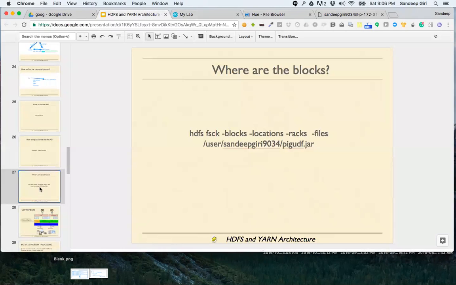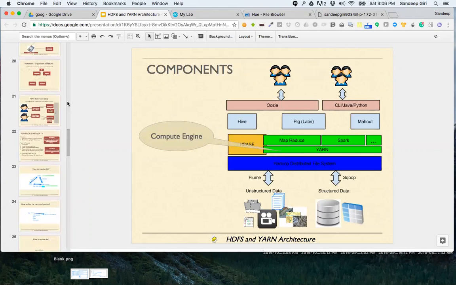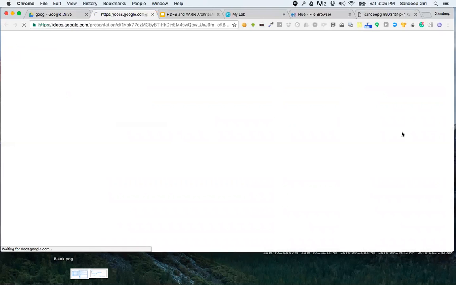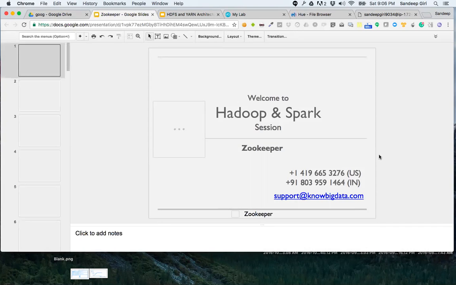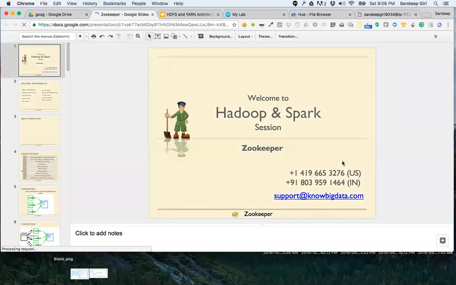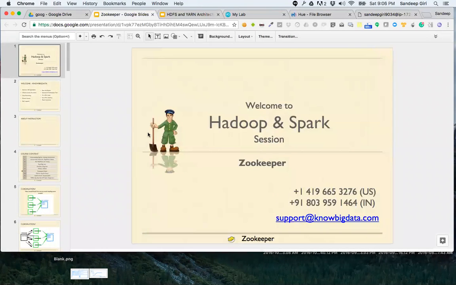So that was our discussion on HDFS. As we had discussed, let's start quickly with Zookeeper. We are going to finish Zookeeper in 10-15 minutes, not more than that. We will try to do it more hands-on than theory. There's a very important piece of theory, and we would like to discuss it now. It took me a while to figure it out, and I would love to explain those parts.